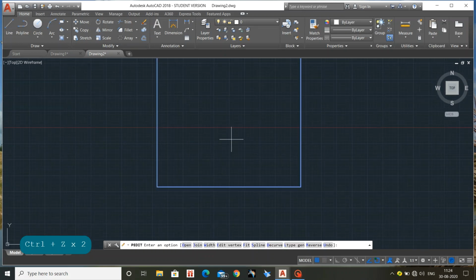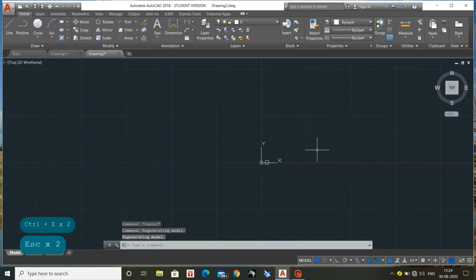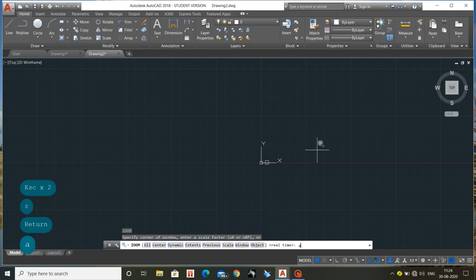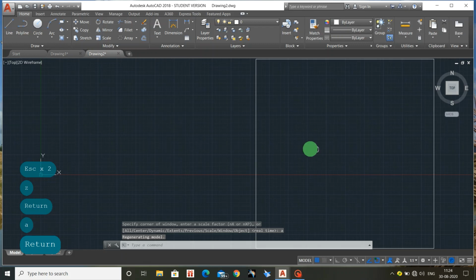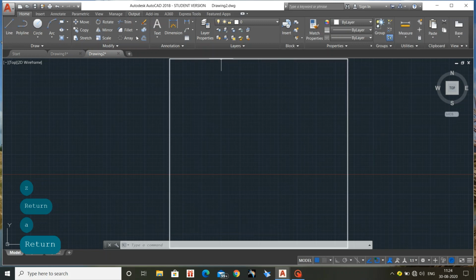Okay, done. If you miss the diagram and we need it as per the dimensions, we can press Z enter and A enter. So whatever the drawing might be on the screen, it will completely fit to the screen which we view. So here I have taken the rectangle and now I am taking line.